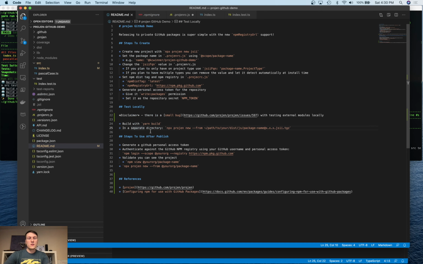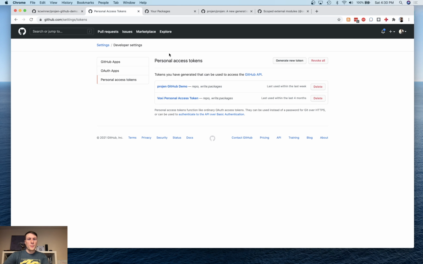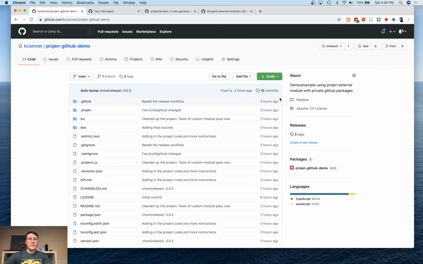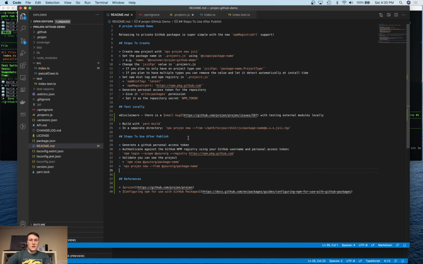And let's pop back over to this. So we tested everything locally. Now, what do we do after we publish it, right? We need to gain access. So you want to generate your own personal access token. So again, pop over to personal access tokens and generate a new token. Maybe it's just read packages and maybe repo access, whatever that looks like for your scope. You create it,